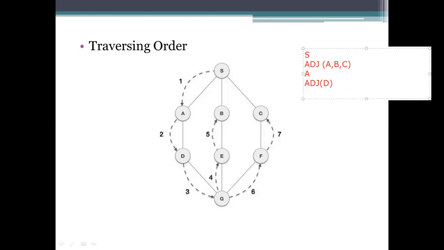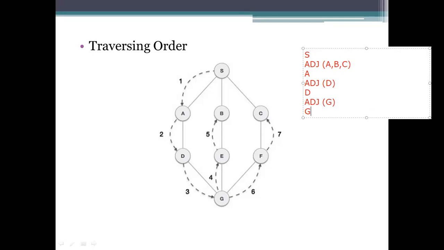Okay. After that, we need to reach D. Next, know about that vertex, which is D. So what are the adjacent nodes of D? It is G. We need to traverse G. Okay.